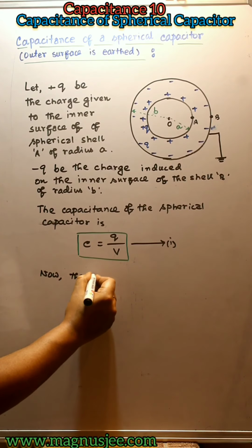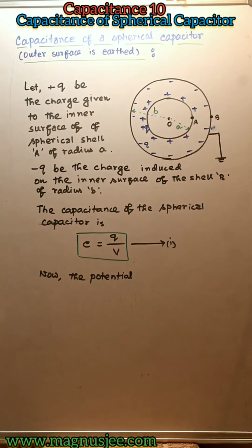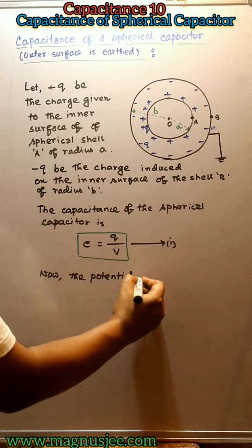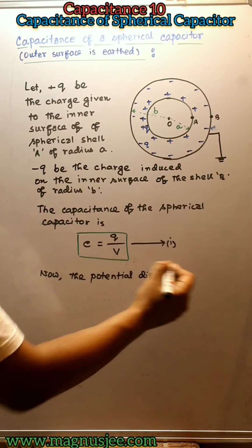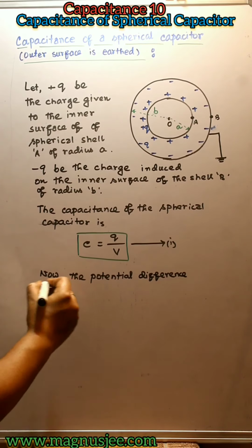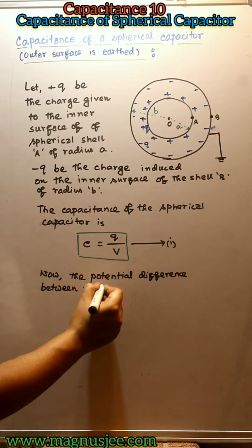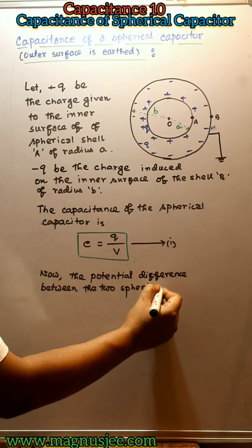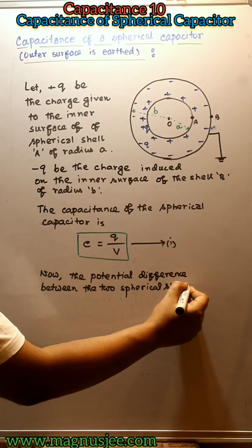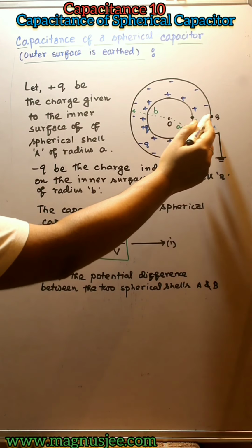Now the potential difference between the two spherical shells A and B is given by